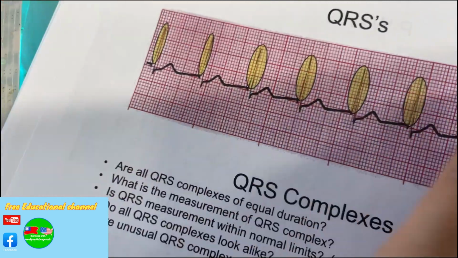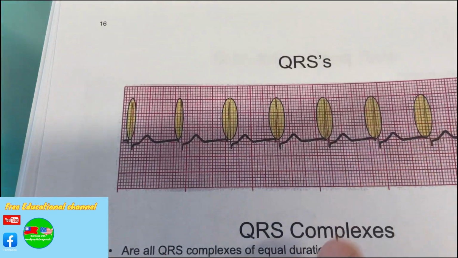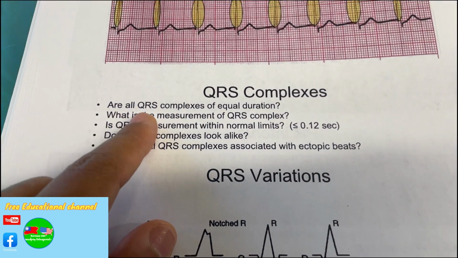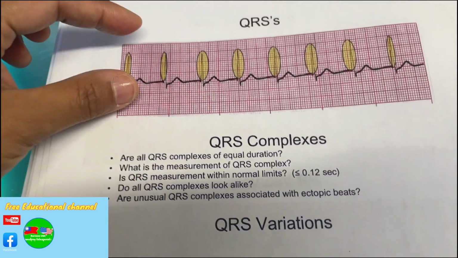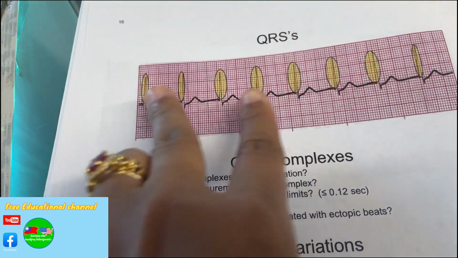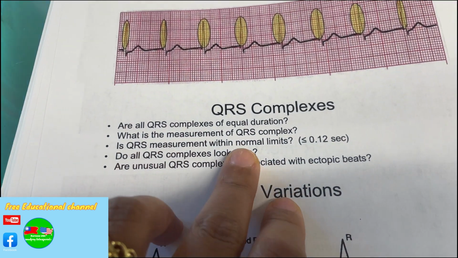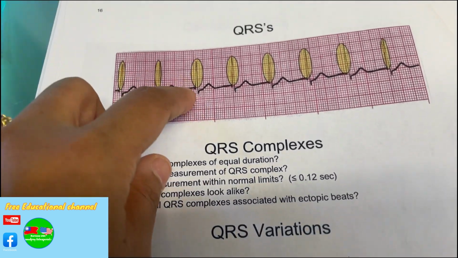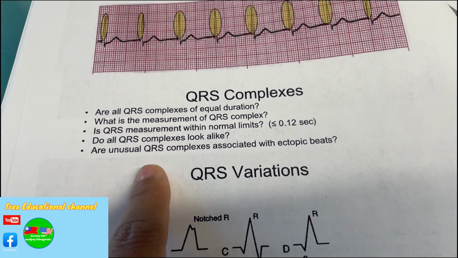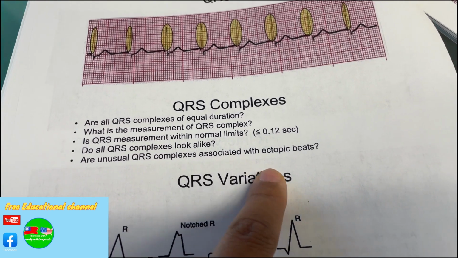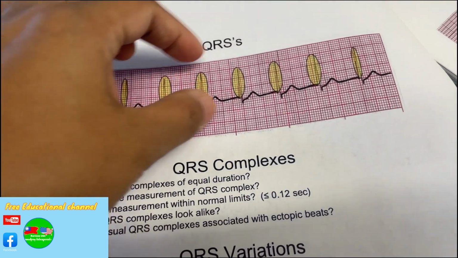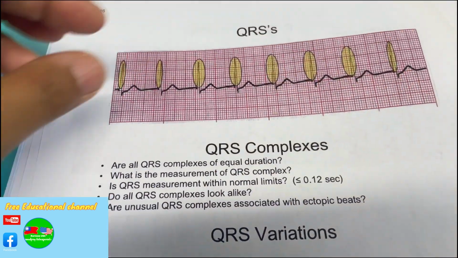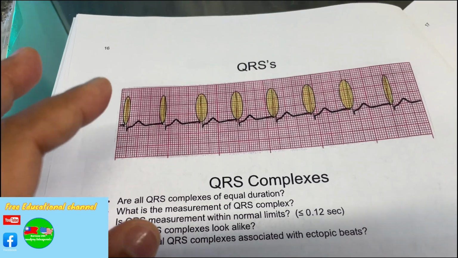And QRS. Look at the QRS, it is 3 boxes or less, okay? From the Q, R to the S. Are all QRS complexes equal in duration? Yep, they are all equal. And what are the measurements? Less than 3 boxes. Do all QRS look alike? Yeah, they all look alike. Are unusual QRS complexes associated with an ectopic beat? I don't see any difference in beats. Ectopic means abnormal beats in between. If there are abnormal beats in between, you have to